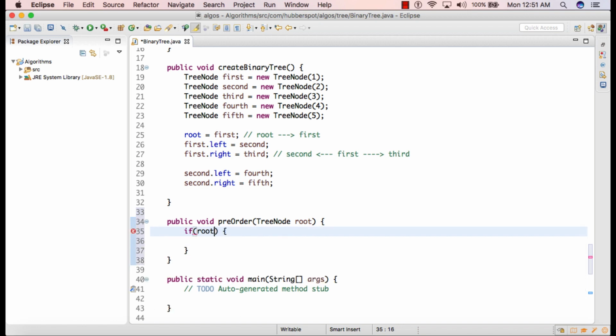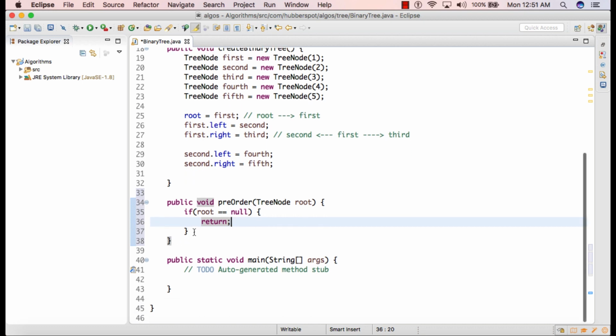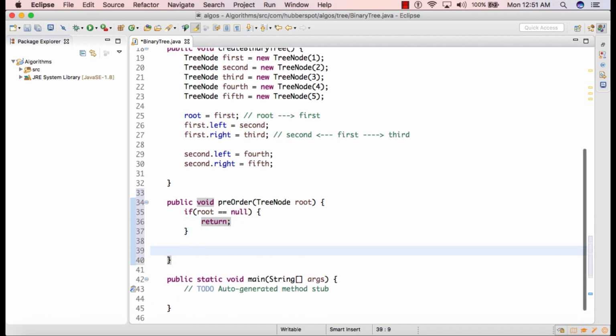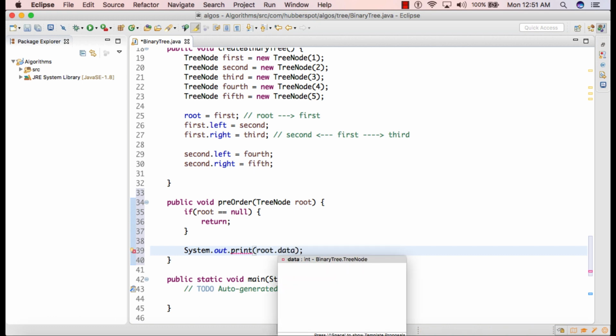So the base case would be: if root is equal to null, then simply return from this method. And if root is not equal to null, then simply visit the node. So we'll print root.data.